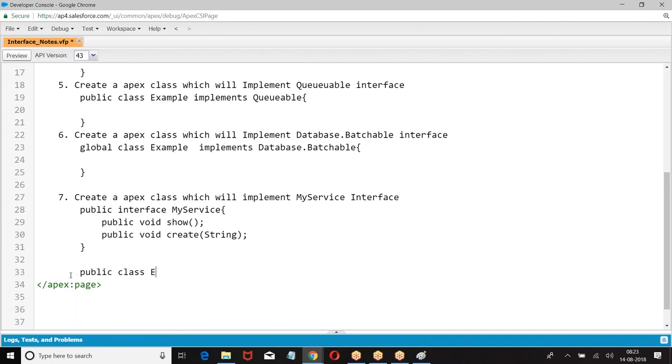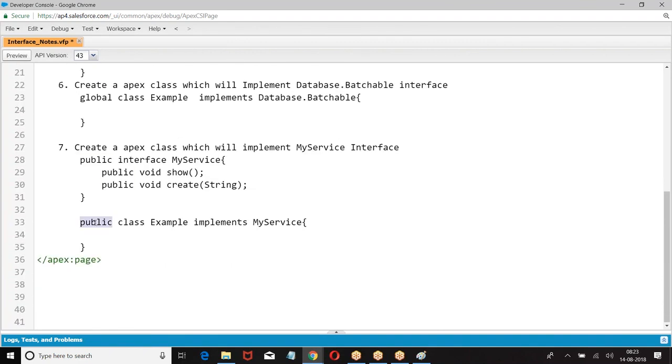Public class example. Why did I take public? Because the interface is public. Public void. Now if I give curly brackets, it is a body. Then some logic. System.debug.